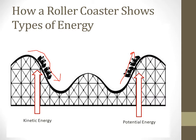So let's look at how that cart is going up right there. As it's going up, it's storing a lot of potential energy. It's not using it, it's storing all this energy because the motor is taking it up the track. So it's storing all this energy. The second it reaches the top,